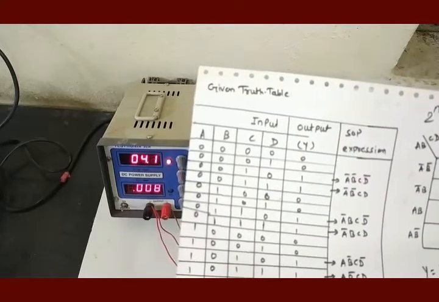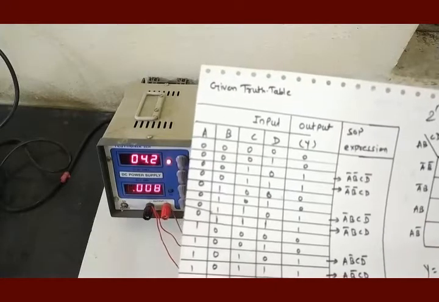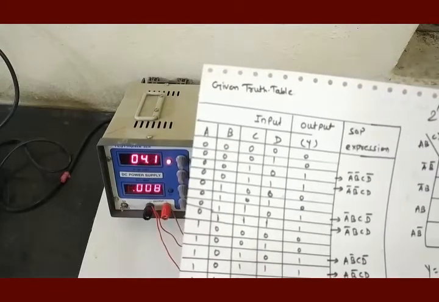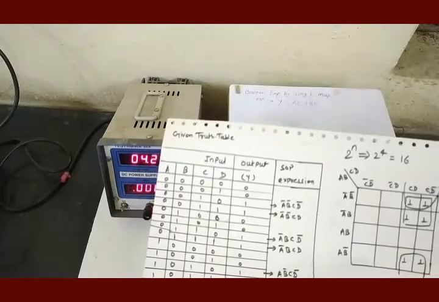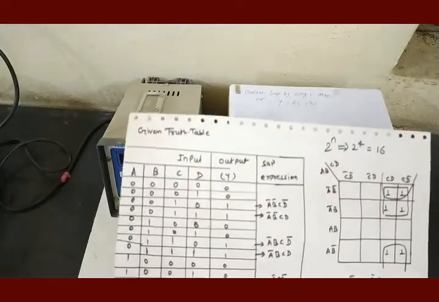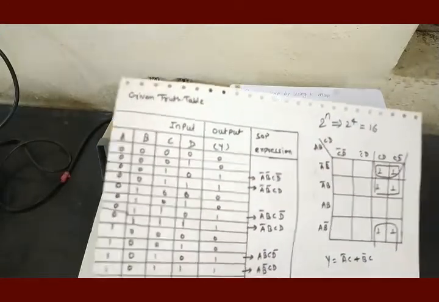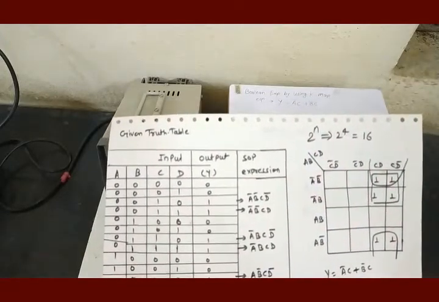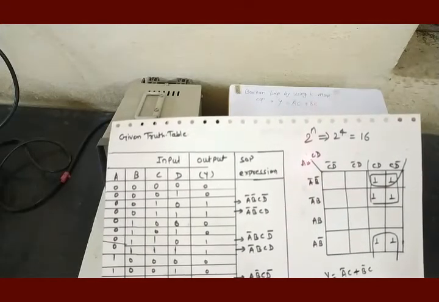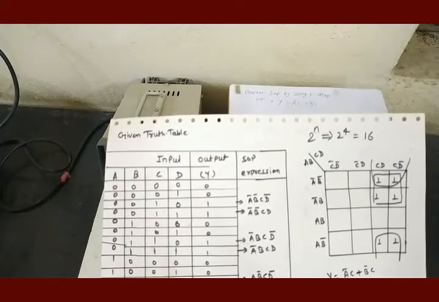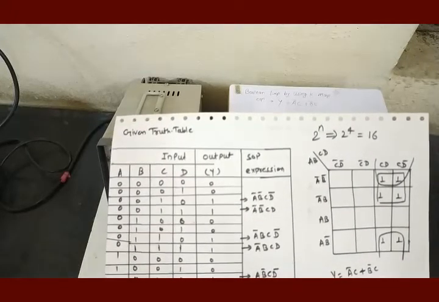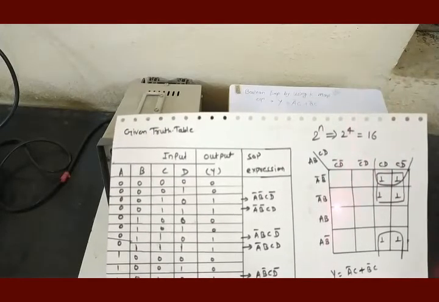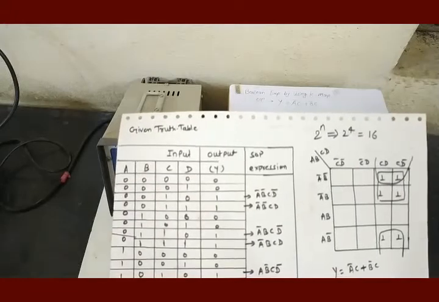After having constructed the fundamental product for ones in the output, we have to go to the Karnaugh map, or K map. Karnaugh map, or K map, is always used for simplification of Boolean expressions. So, in the second figure, you will see a K map here. This K map is for 4 variables A, B, C, D. And as I told you, 2 to the power 4 is equal to 16, and therefore you will find 16 cells here. 1, 2, 3, 4. 1, 2, 3, 4. 4 fours are 16.